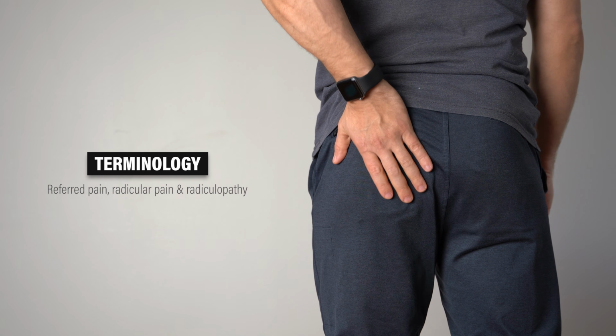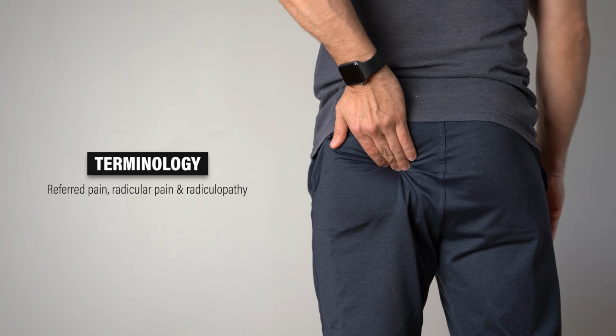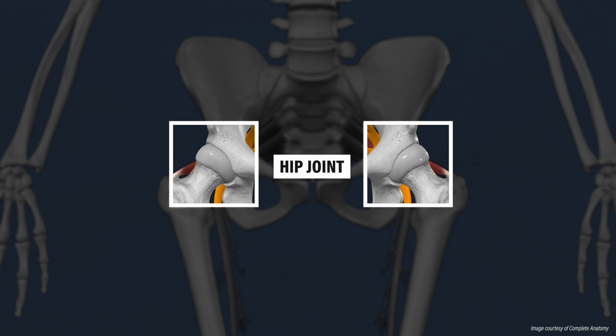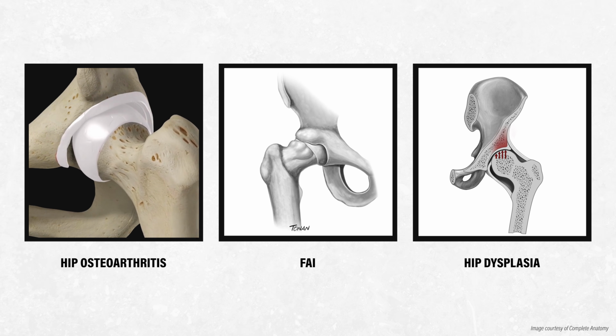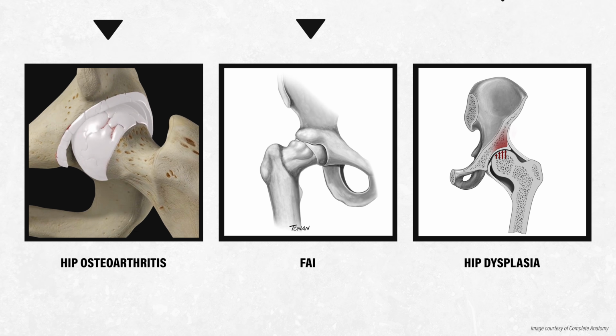There are different medical terms for this, such as referred pain, radicular pain, and radiculopathy. The low back should be the top consideration for symptoms in this area until proven otherwise. And if not the lower back, the second most common culprit is frequently the hip joint itself. Buttock pain can be a symptom of the intra-articular diagnoses I mentioned earlier, such as osteoarthritis, FAI, and hip dysplasia. That doesn't mean that all posterior hip pain is stemming from the lumbar spine or hip joint, but if you